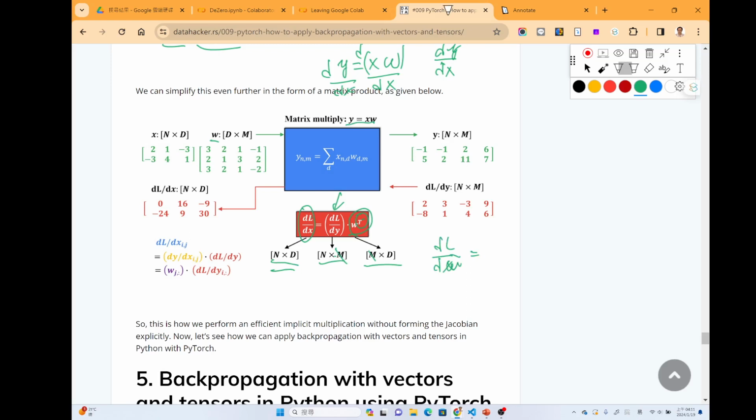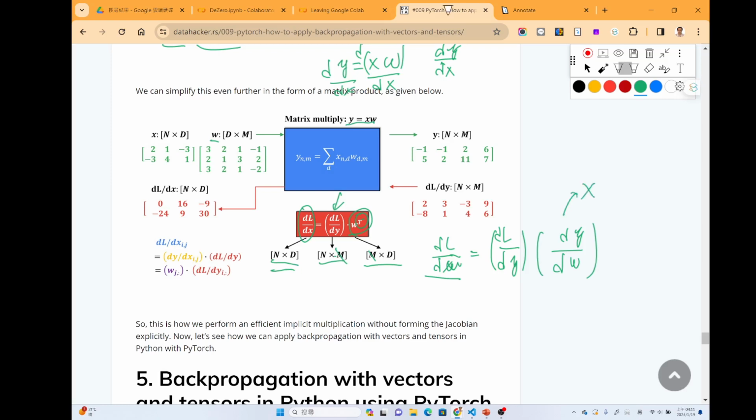Okay, so maybe you can try to see what the formula should be here. We know that this is dy over dl, so we will do this, and dw over dy. For this one, we can use a dimension check to see how we should write this formula, because we know that this must be something related to x.